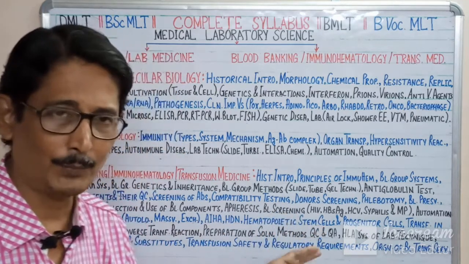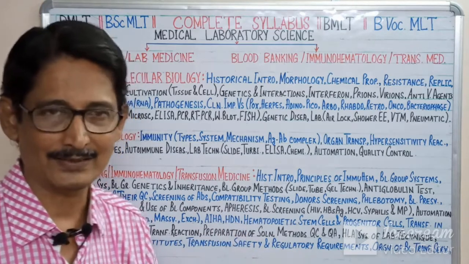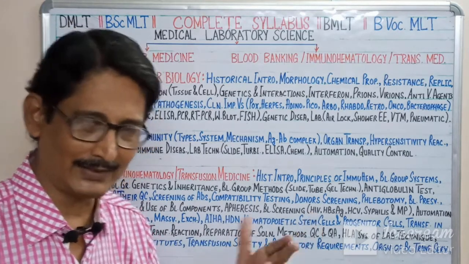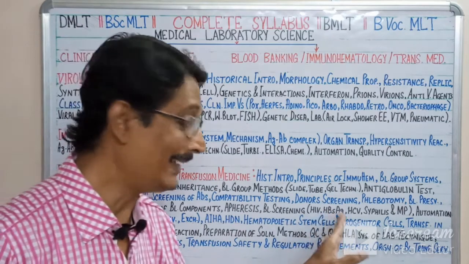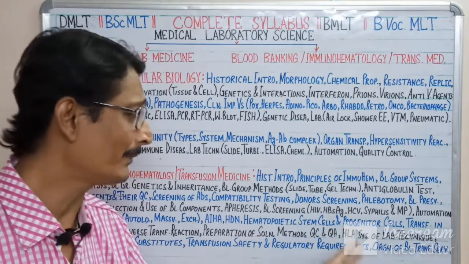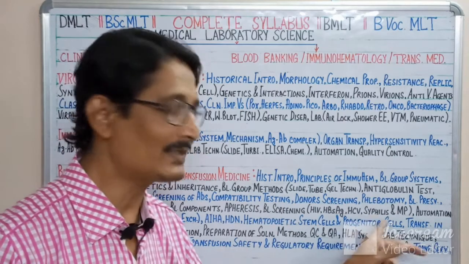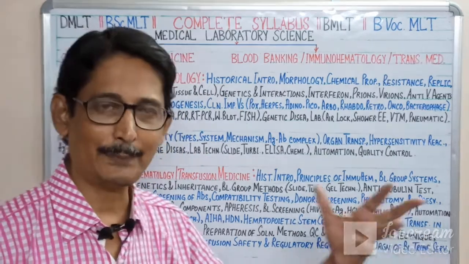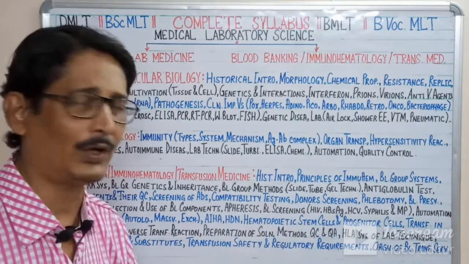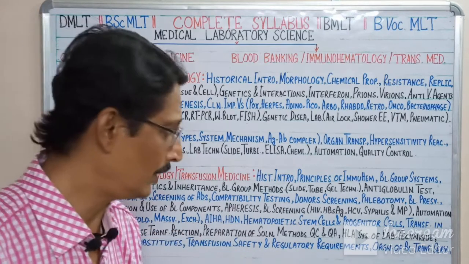Now the blood screening. Before the blood is transfused to a patient, it is screened for some blood-borne diseases like HIV, which causes AIDS, HBsAg, that is hepatitis B surface antigen, anti-HCV, that is anti-hepatitis C virus antibodies, the syphilis antibody test, and the malaria parasite antigen test. These 5 tests should be done before transfusing the blood to the patient.